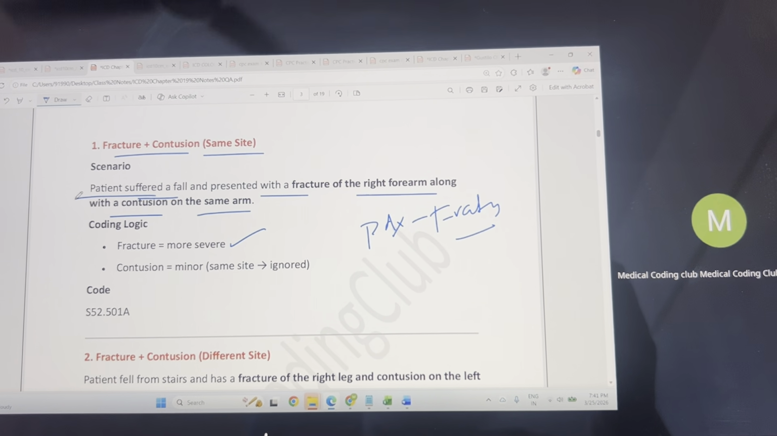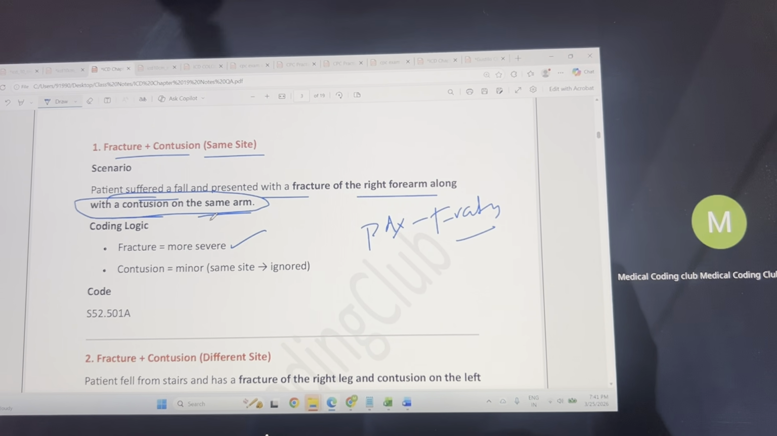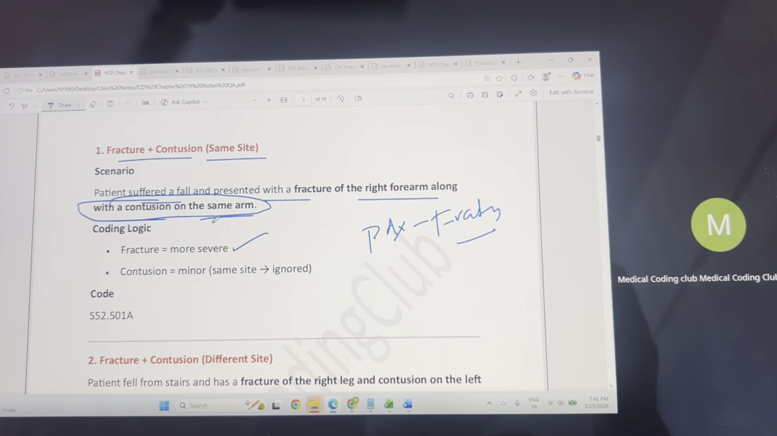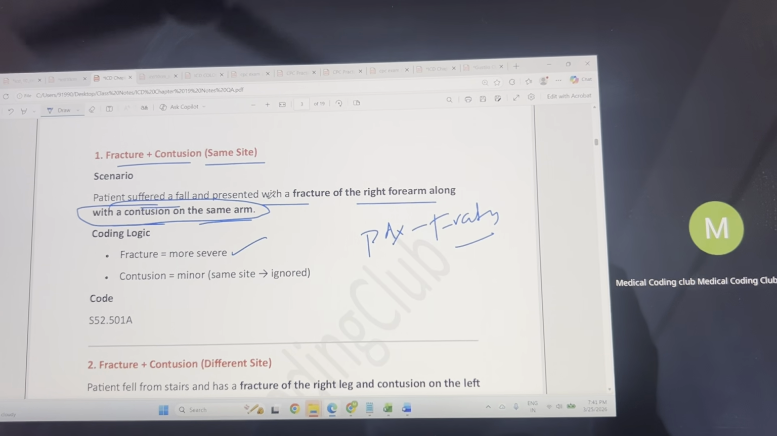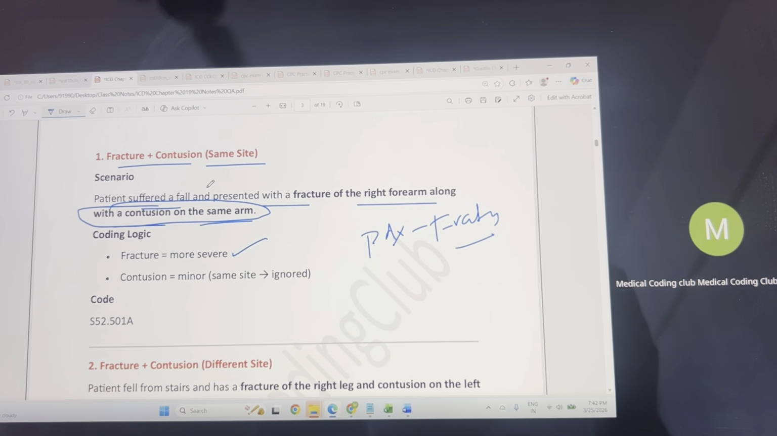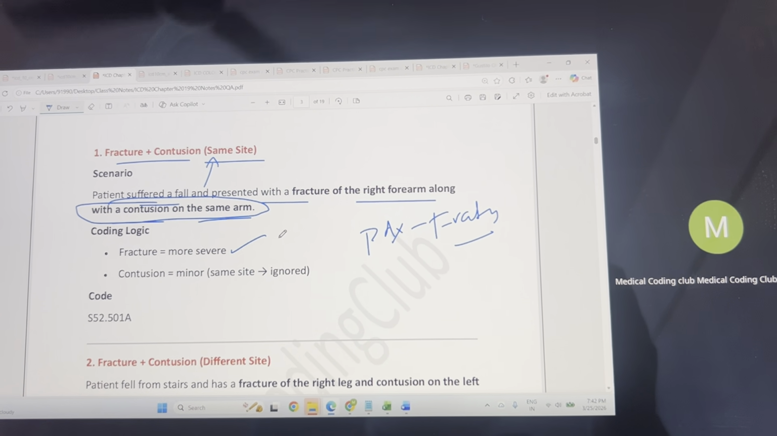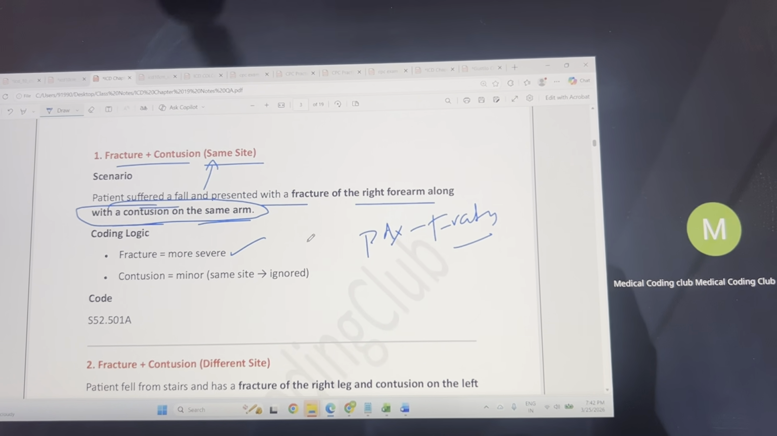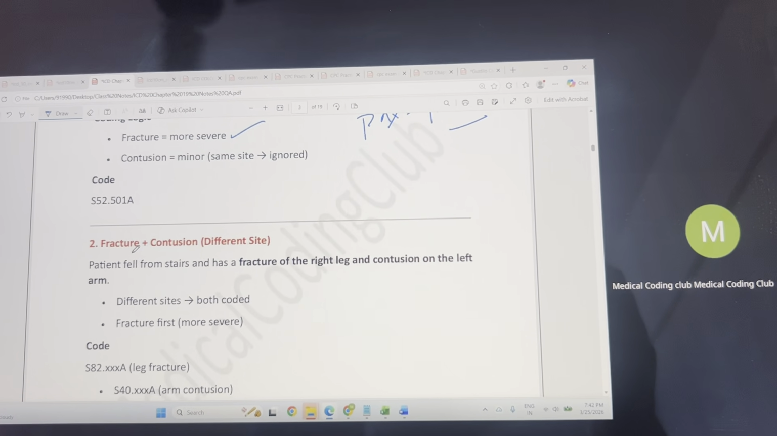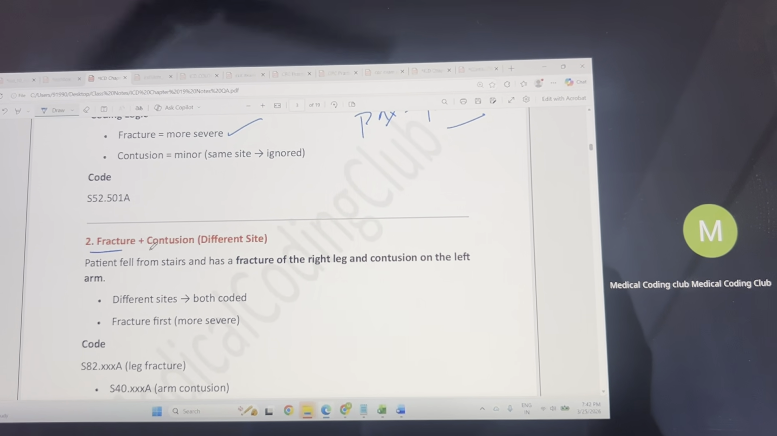So we are not going to code for contusion on the same arm because the fracture is more severe compared to the contusion, and this happened in the same site. So you must prioritize the severe one, just code for fracture and ignore the contusion. Same way, next scenario, fracture plus contusion, but